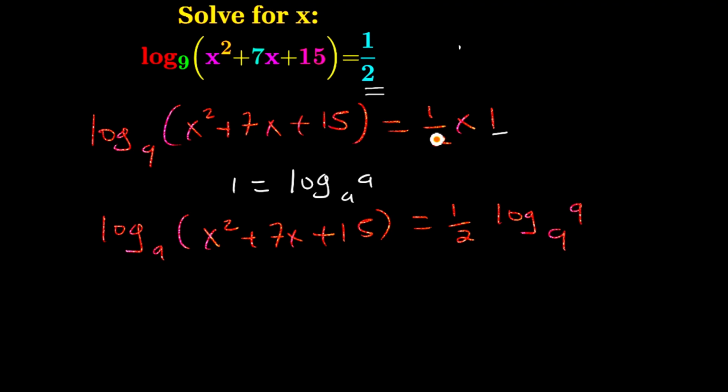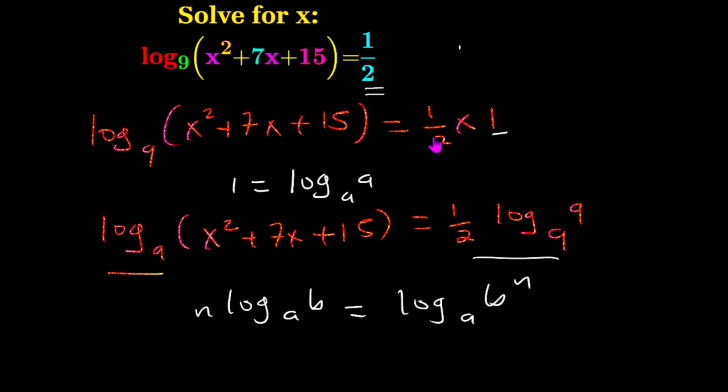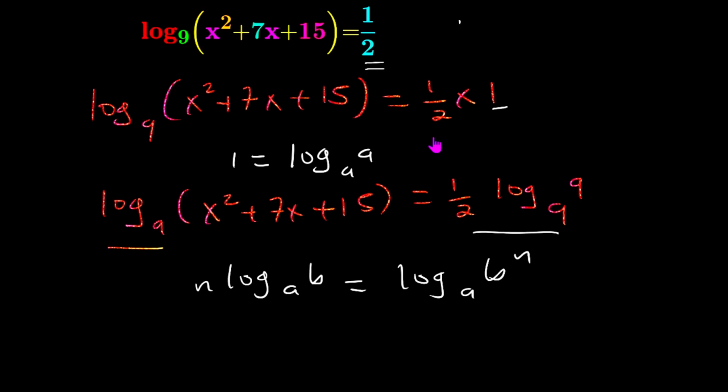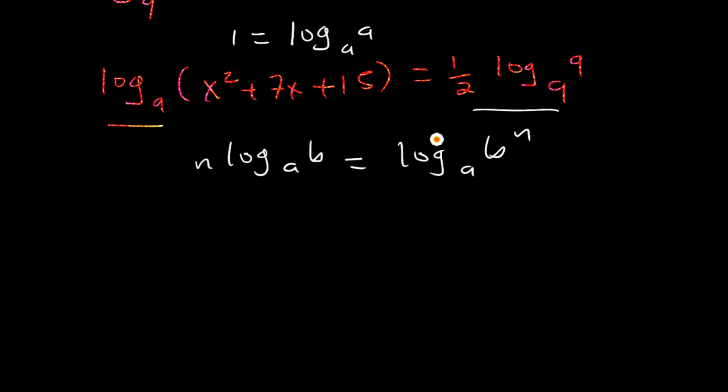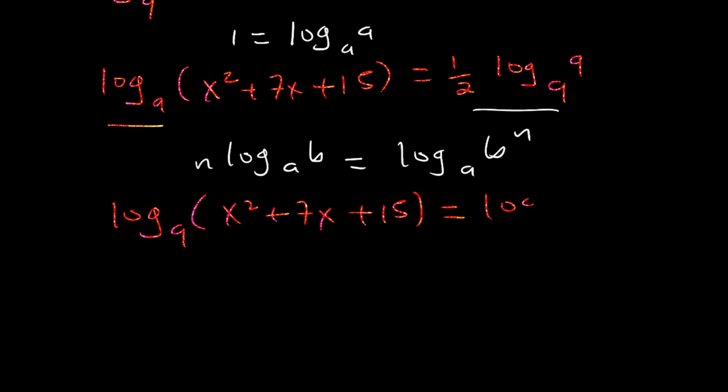Then from here, we want every side of this equation to start from log to base 9. So we can apply the third law of logarithms to the right hand side. Remember, n log to base a of b can be written as log to base a of b power n. So we have log to base 9 of (x squared plus 7x plus 15) equals log base 9 of 9